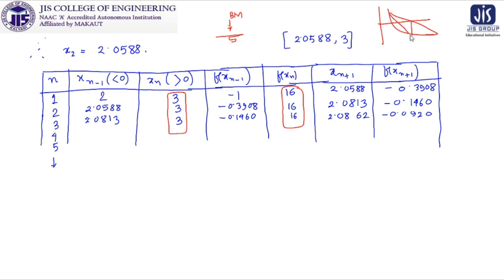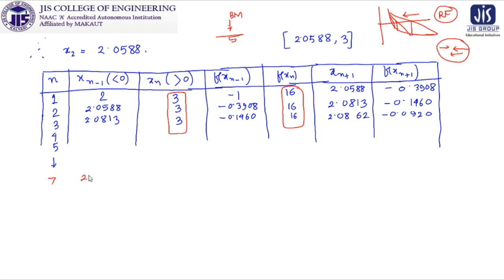Every time you are dropping the perpendicular, you are closing to this root, but in one direction. It is not that you are going from this direction, then in this direction, then again in this direction, which was there in bisection method. But in regula falsi, from the geometry it is one directional, and from the calculational point of view we are also saying the same thing. And here also we are seeing the functional value is very much approaching 0. That means once we are going for the further iterations, we are getting closer and closer to the exact root.